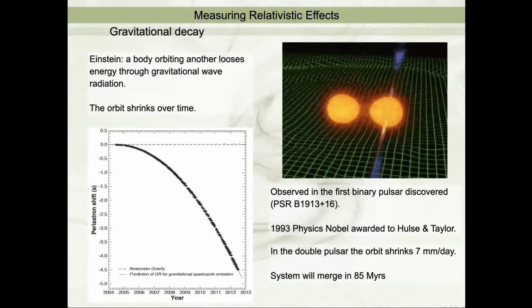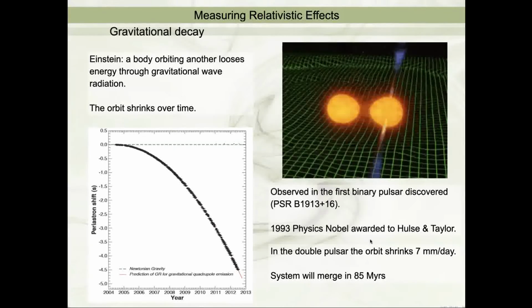Now, for you to notice, you have to have big, massive objects that are close to one another, because if they're far, it's hardly noticeable. And this happens obviously with the double pulsar system, or these pulsars that have a close companion. So in the